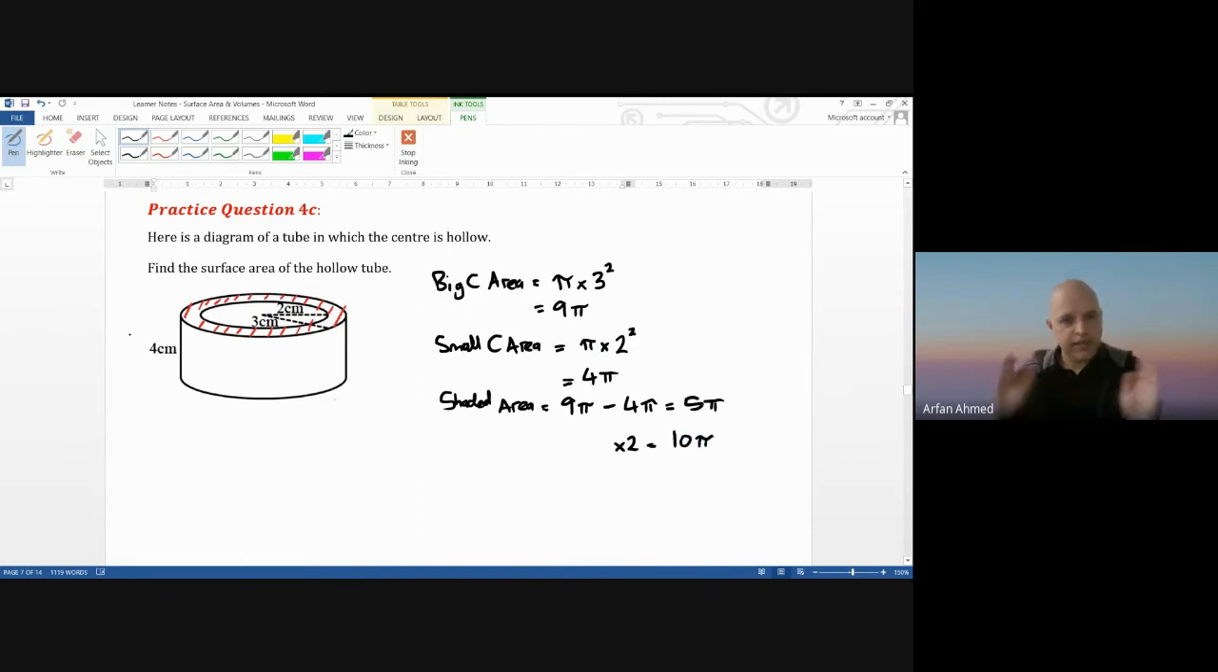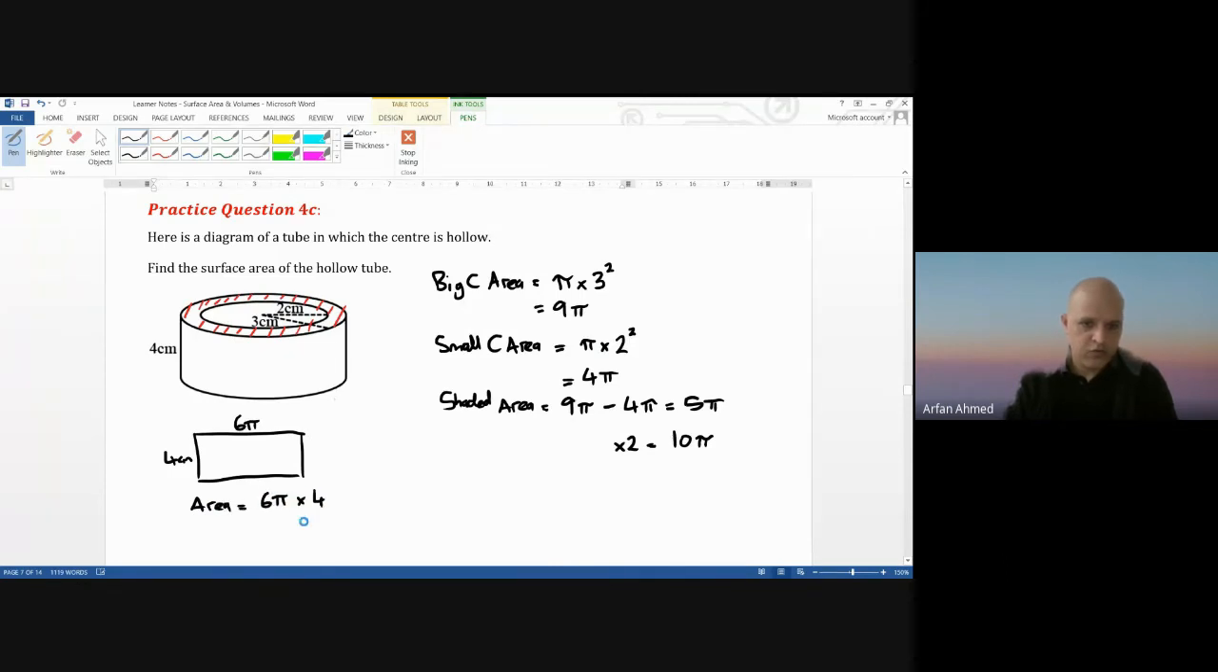So that's that done. And the bit that goes round, again, that's going to be in the shape of a rectangle. So that's going to be 4. And the top bit is going to be the edge of the big circle. The diameter of the big circle is going to be 6 then. So that's going to be 6 pi. So the area of this is going to be 6 pi times by 4, which is 24 pi. So total is 10 pi